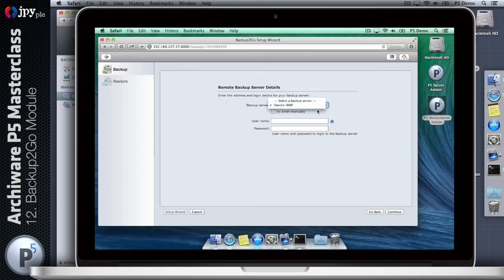So there is a Bonjour browser in this menu that allows the workstation to see over the local area network any backup servers that it could use to back up. And you can see that we've located the MacBook Pro server that we set up a second ago. Or you can enter the IP address of the server itself. So I'm going to use the IP address of my server, which I know to be this,